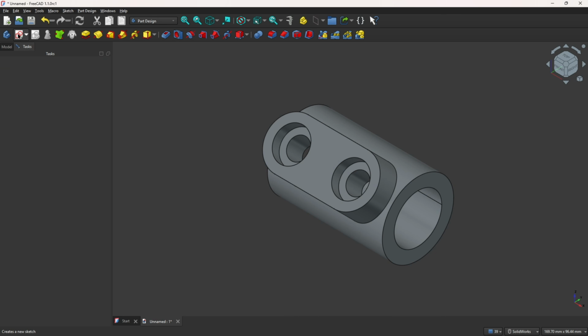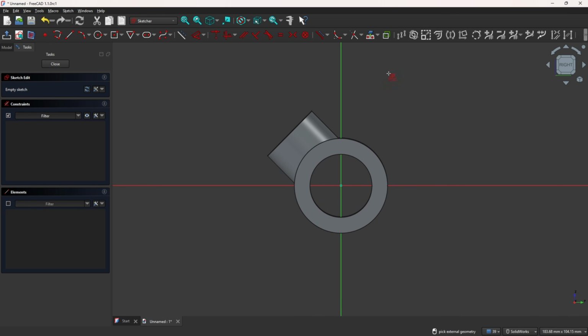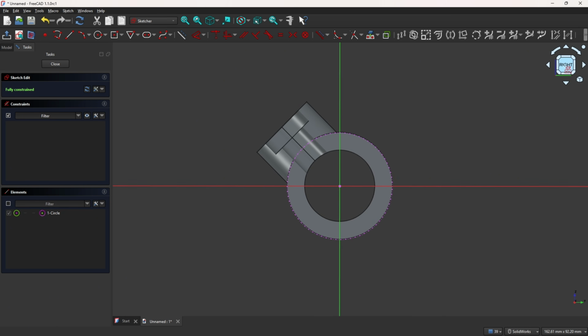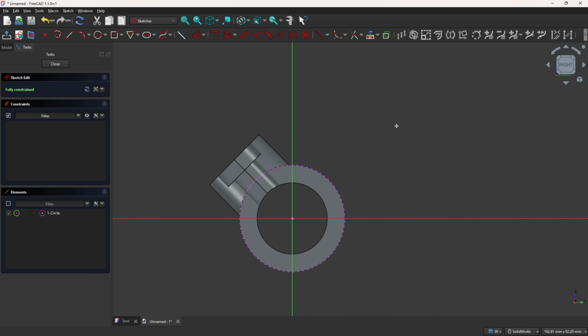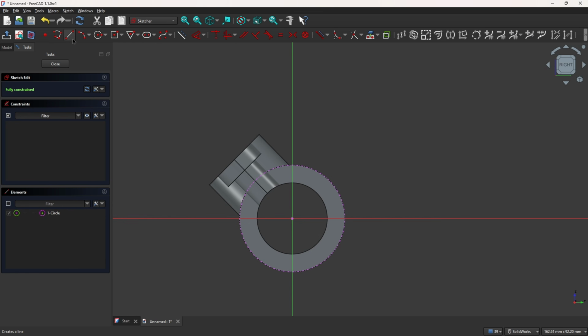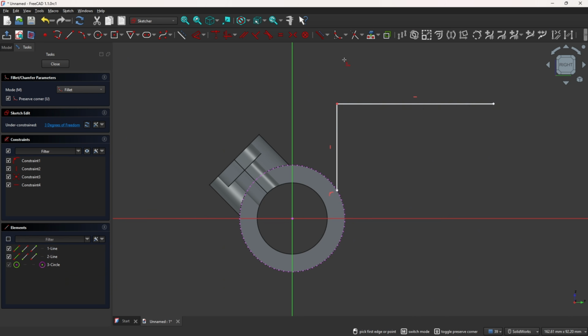So go to create a sketch and select the right plane and go to external projection, select this circle here, activate the toggle section view, and now we will create this line, this arc here, and this line. So select line, make a line here, and create another line here, make a fillet here between these two lines,